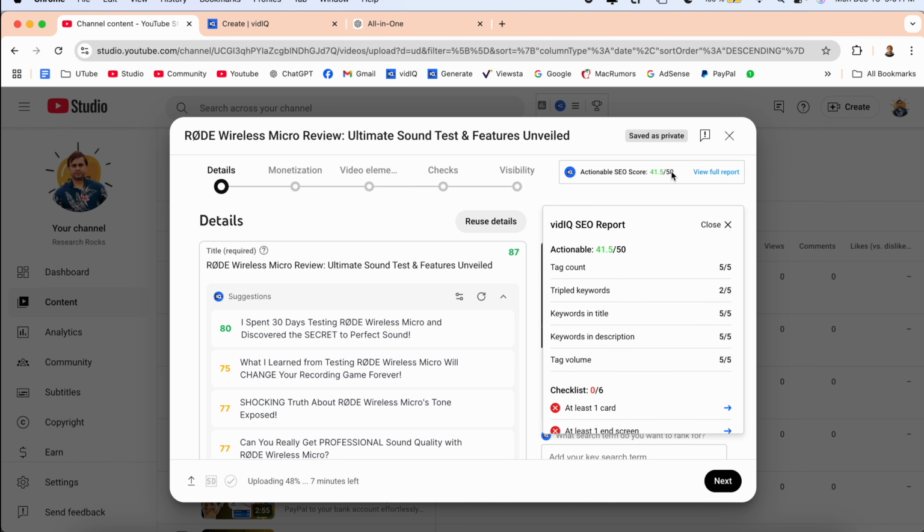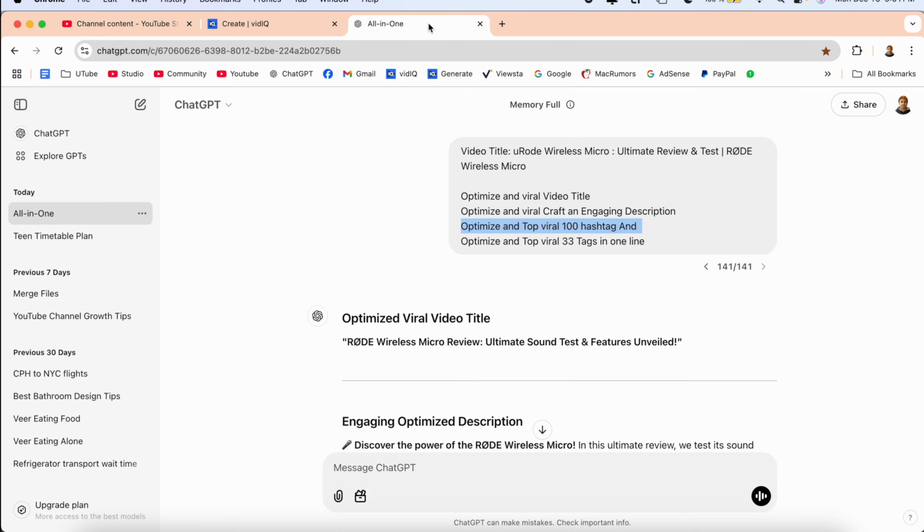Sometimes I reach a score of 50 to 50 using these tips and tricks with the help of ChatGPT. So this is a simple comparison of VidIQ and ChatGPT. In my personal opinion, you don't need to purchase VidIQ and spend the money. You should use the ChatGPT free version and you can fix the problem accordingly. I made one template in ChatGPT, so you should copy this template, raise the question on ChatGPT and generate all the information.